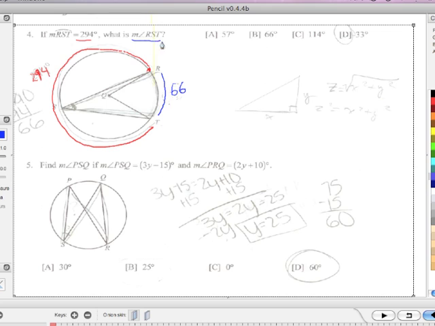We want to know what's the measure of this angle right here? And this is an inscribed angle. So inscribed angles are 1/2 the measure of the arc length. So 66 divided by 2 is 33. Next,